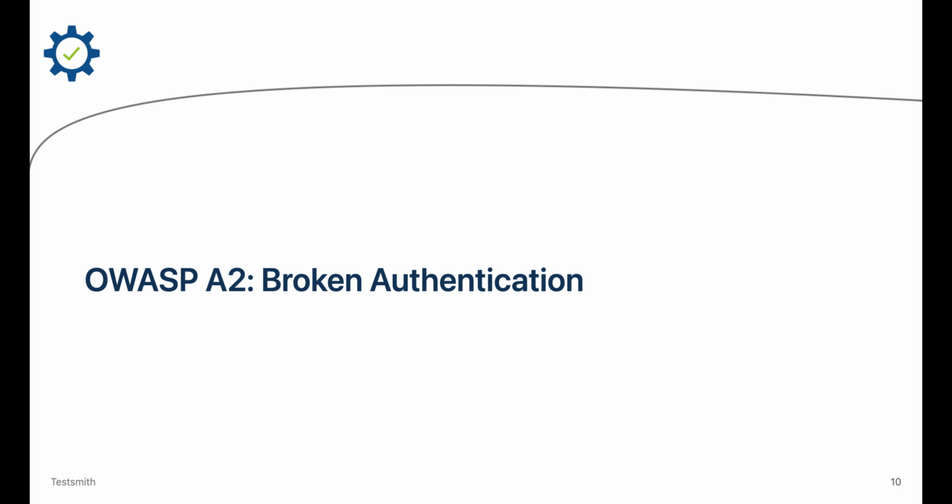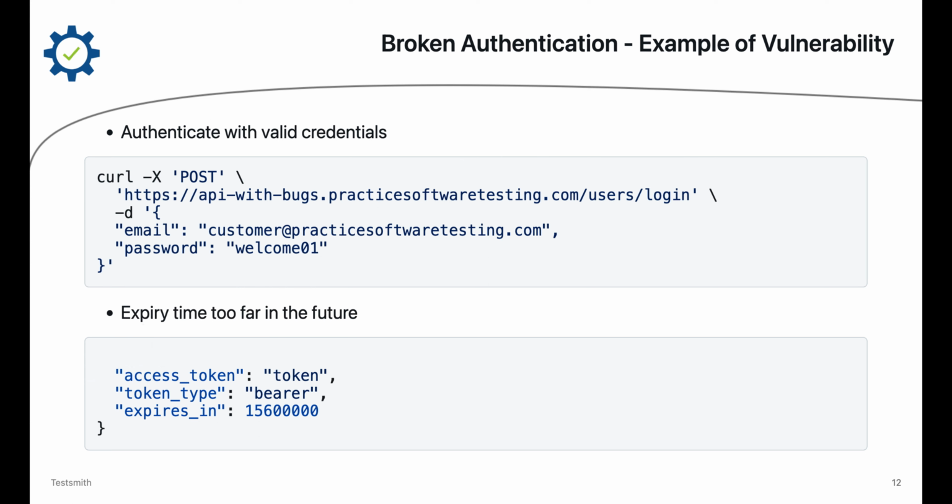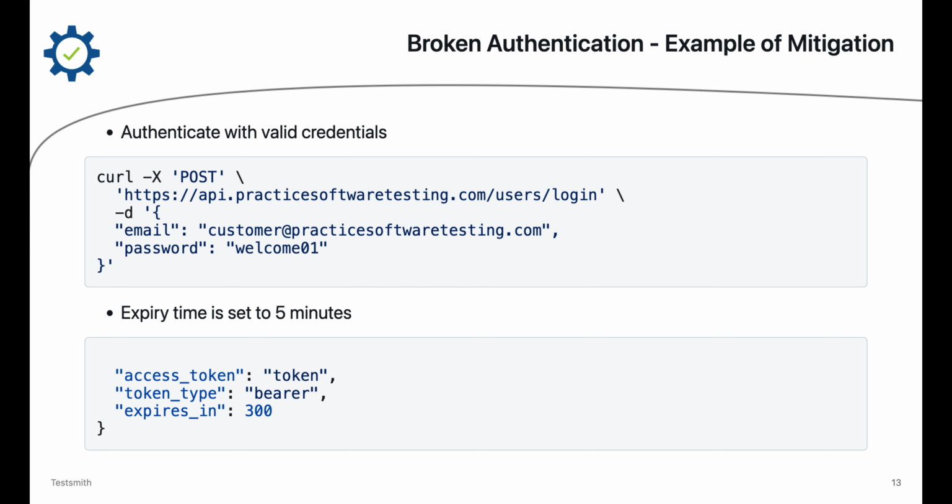Now, onto OWASP A2, Broken Authentication. This vulnerability rears its head when an application uses weak or long-lived tokens, making it easier for attackers to gain unauthorized access. In our vulnerable version, an excessively long-lived access token provides a huge window of opportunity for malicious activities. To mitigate this, it's essential to use short-lived tokens and implement mechanisms like token refreshing to maintain security without compromising